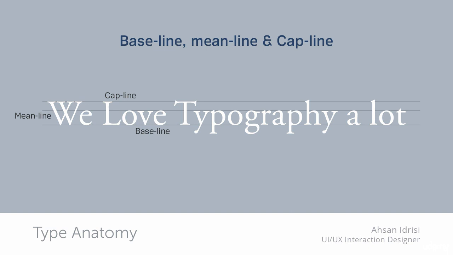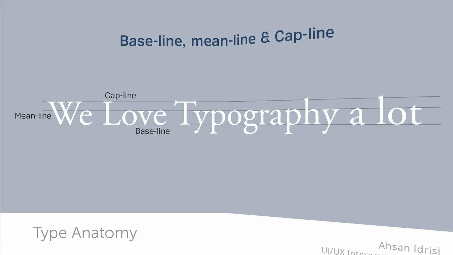The mean line is basically at the top of our small letters, or we can say x height. This is basically the height of our small letters. The most important is this baseline, so make sure you know what this baseline is. One more thing: some of these letters go above this capital line, and some, like y and p, go beyond this baseline, so just keep that in mind.